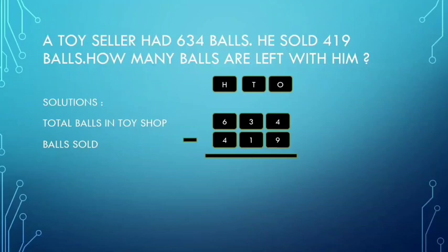As we know, we always start subtracting from the ones place. As we can see, 4 and 9 is there in the ones place, in the bigger number and the smaller number. 9 is the bigger digit than 4. We cannot subtract 9 from 4, so what we need to do? We need to borrow